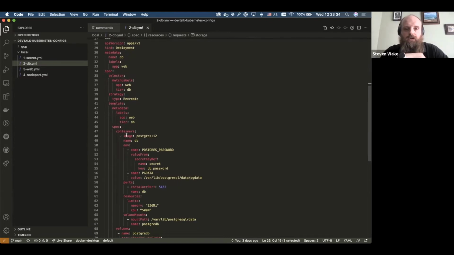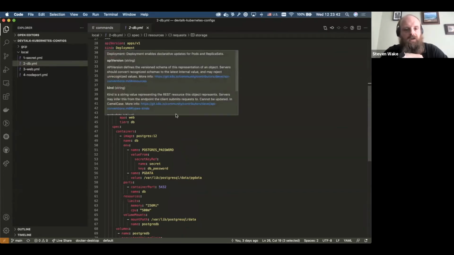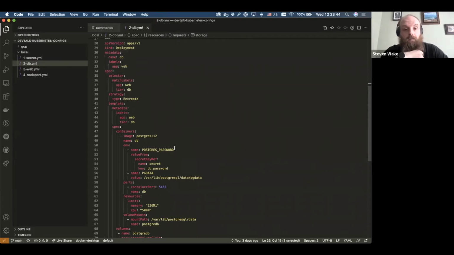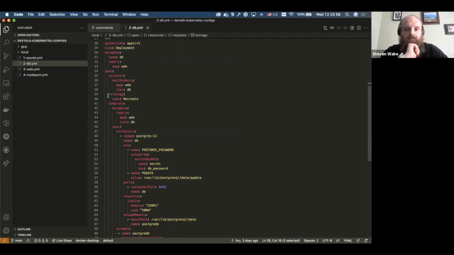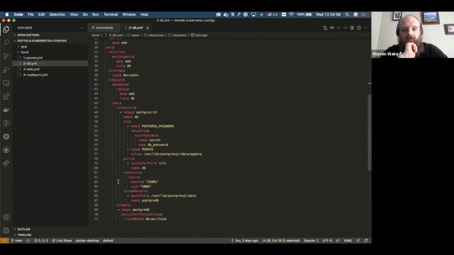We then move on to the deployment. This is probably a little bit unnecessary. In theory, this could just be a pod, but I've chosen to put it into a deployment just because that's what you do in the real world. It's a little bit closer to reality. So we go onto the template. It's got the labels, which we're quite familiar with now. And the specifications, this is a list of containers that are going to run inside that pod. In this case, it's only one.